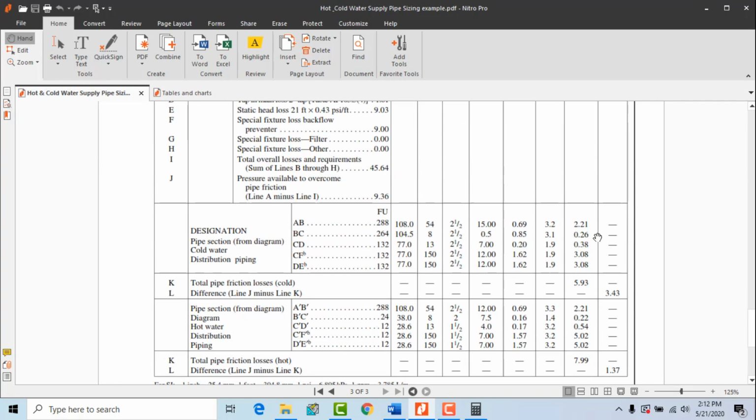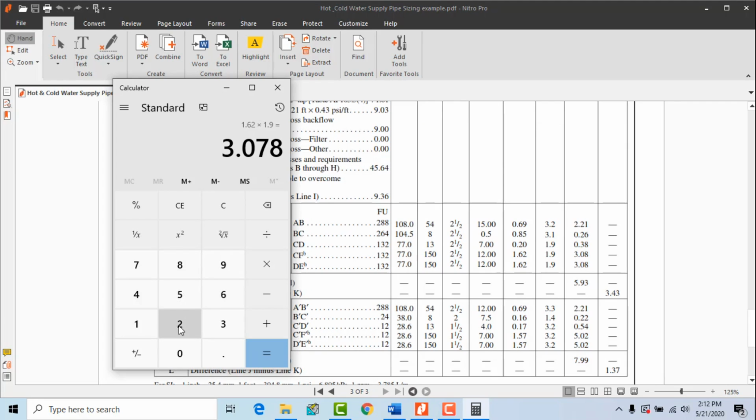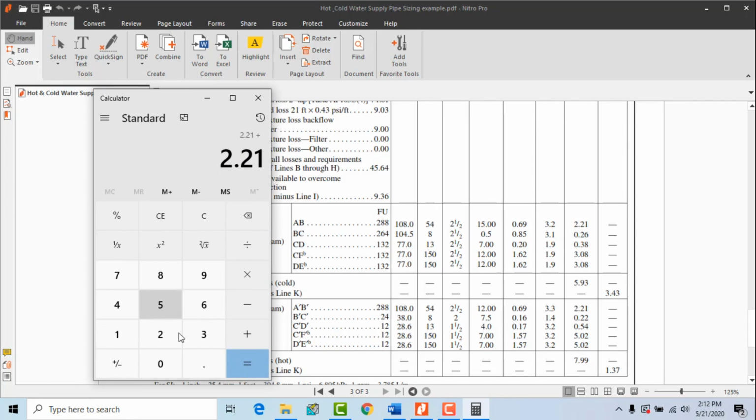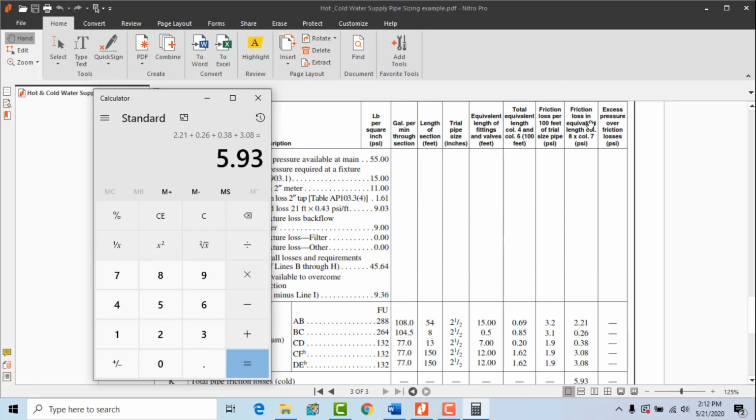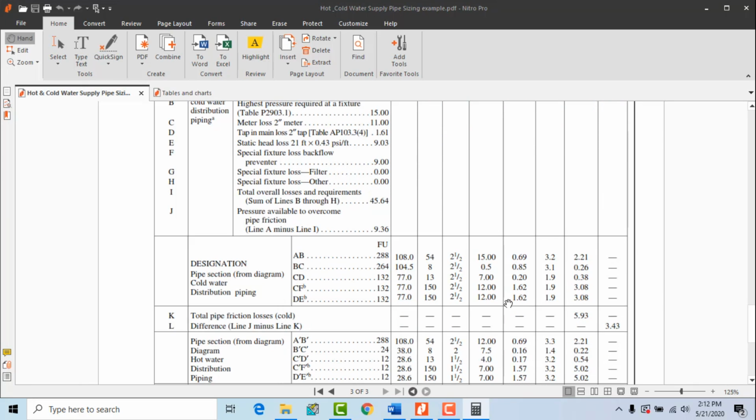So A to B, that is 2.21, plus, then B to C is 0.26, and then C to D is 0.38, and then C to F, no, we have to take D to E to the most remote outlet, that is 3.08. So 5.93. So as you can see the friction loss in equivalent length is 5.93 over here for the